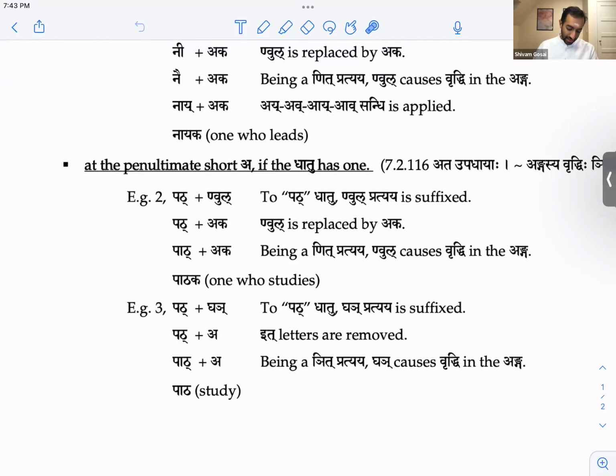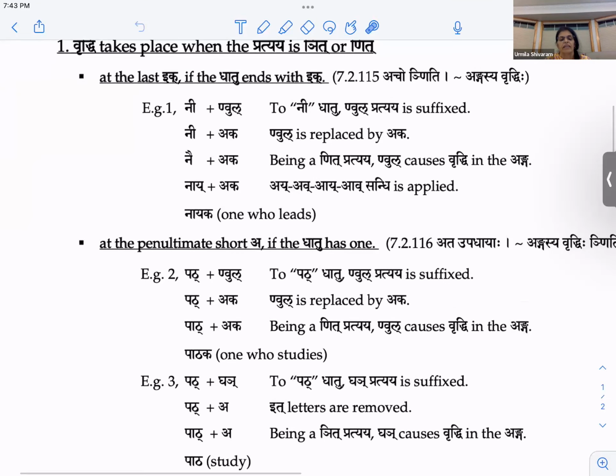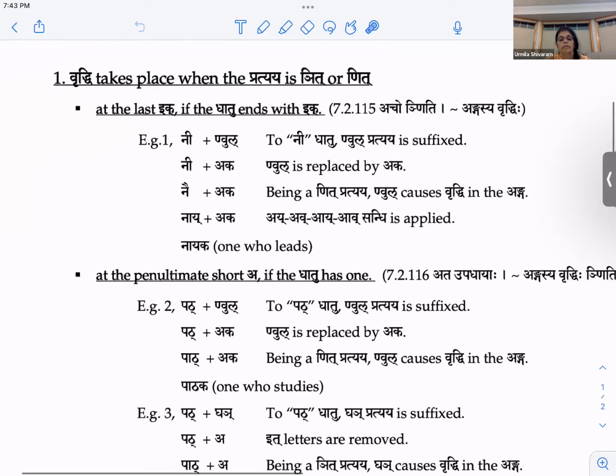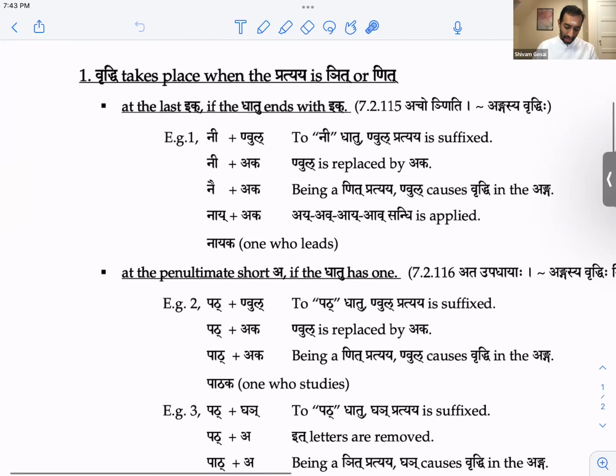What exactly do you mean by saying nit and nyat? Is it the nakara? Yeah, so that which has this nakara as it, meaning that it's going to be elided, right? Those are the it letters.